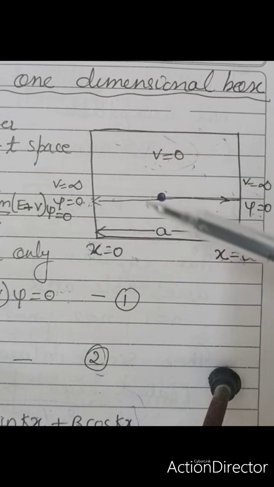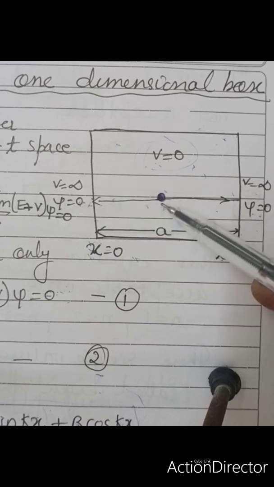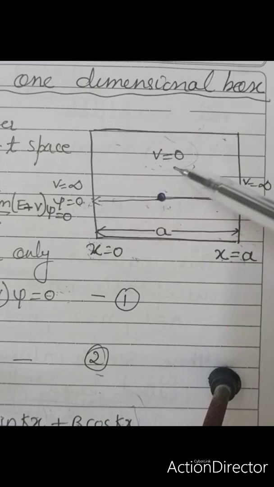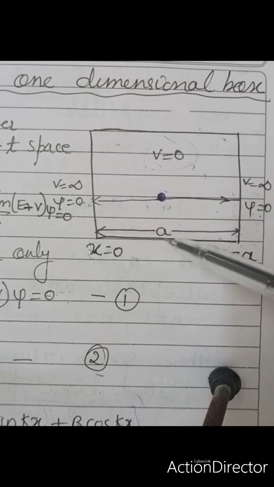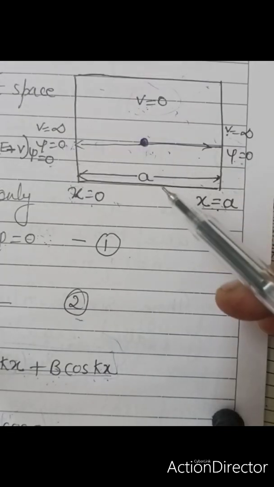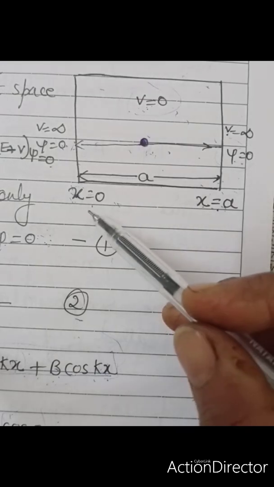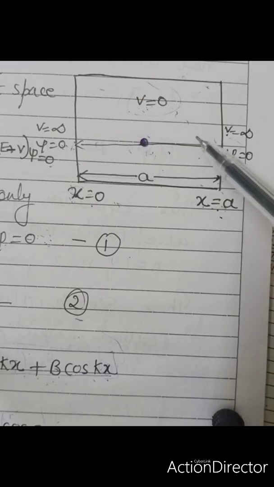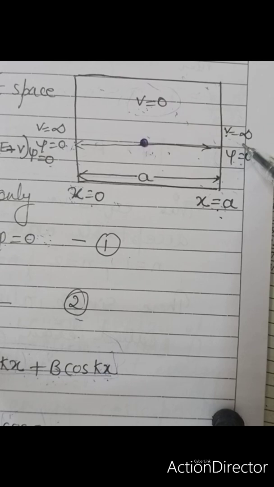So it is just a hypothetical situation in which we are considering a particle which is moving in one dimension. Let us say this particle of mass m is moving along the x-axis and it is confined between the walls of the container. The length is given as a. So its potential is 0 between x equal to 0 and x equal to a, and it will rise abruptly as soon as it touches the wall. You can see here the potential is V equal to infinity.